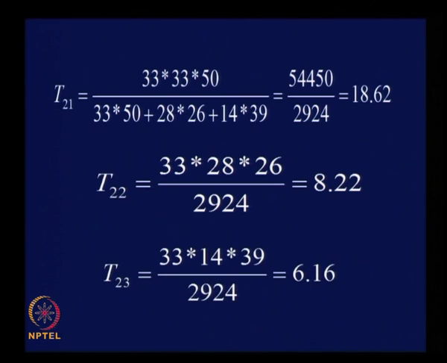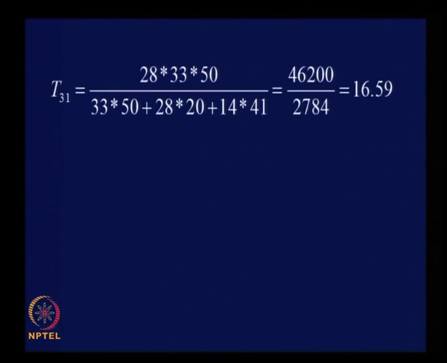Then T23: 33 into 14 into 39 whole divided by 2924 gives 6.16. So from zone 2 we have trip interchanges of 18.62, 8.22 and 6.16. Similarly from zone 3,